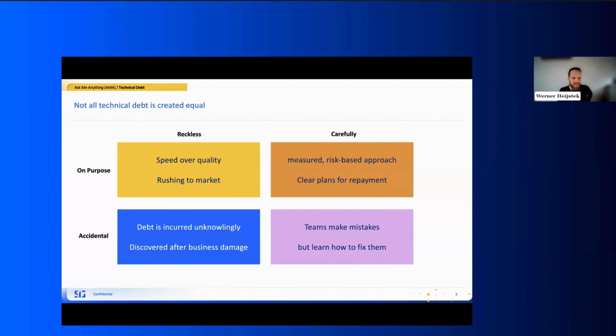Of course, the easiest people to convince are people who already went through something. If you were already at some point as a manager responsible for a system which leaked a lot of data or which had a lot of downtime as a consequence of how poorly the system was set up, of technical debt essentially, then of course you understand because you've seen this problem and you don't want to have that again, and you understand that you should spend a percentage of your development budget on avoiding this problem. This is one way, but of course this is not a very proactive way because you have to wait for things to go wrong.